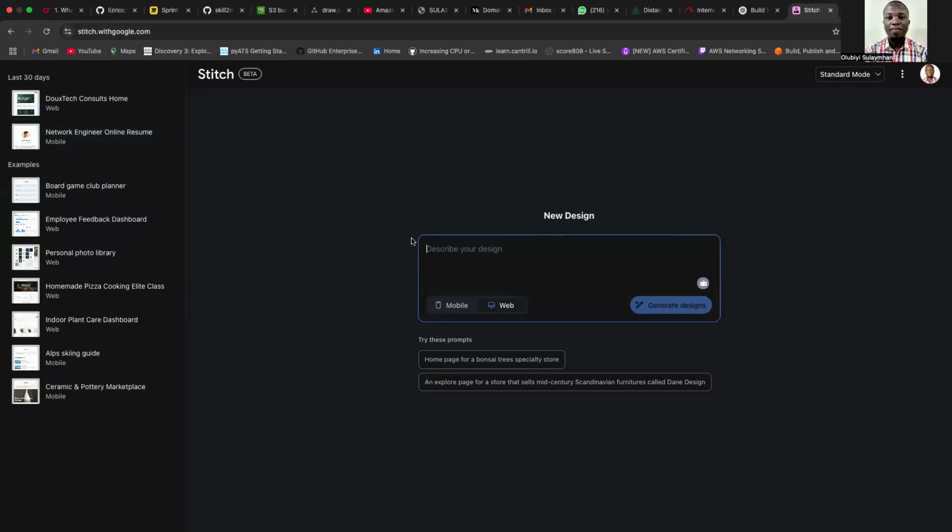Okay, this is Stitch with Google. This is the URL, and as you can see, the tool is actually in the beta version now. So you put your prompt. Your prompt can be anything as far as it is a static website. So for my own prompt, I'll be saying something like, build a website for me. And the name of the website is